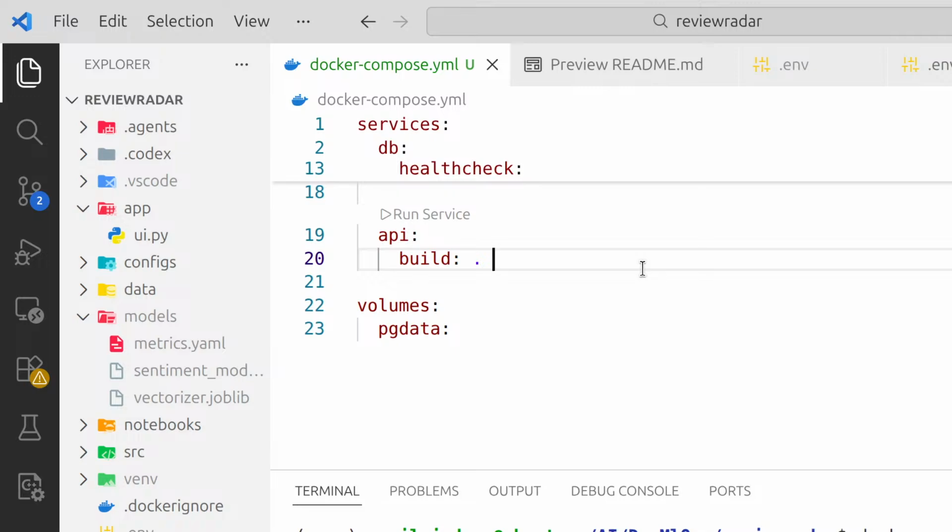So the flow will be: docker compose up will be the command. It will look for this: does the API image exist or not? If it exists, then it will not build that. If it does not exist, it will build that, okay? And then it will create the API container. Now the next thing we will have is this